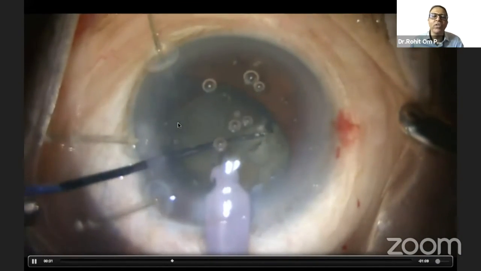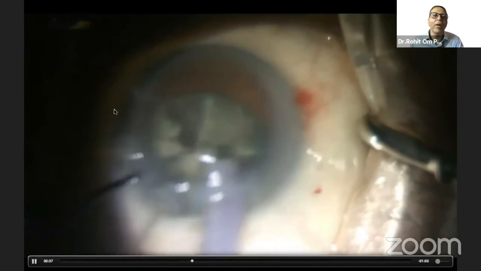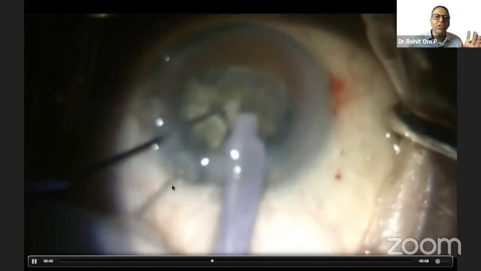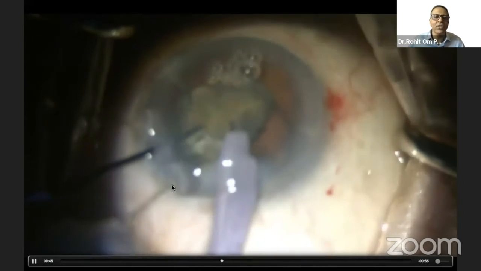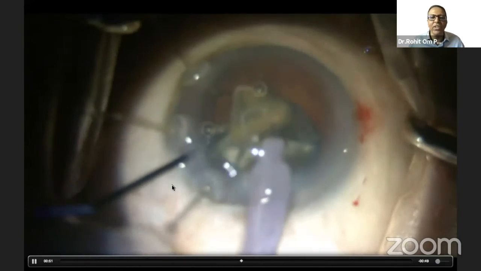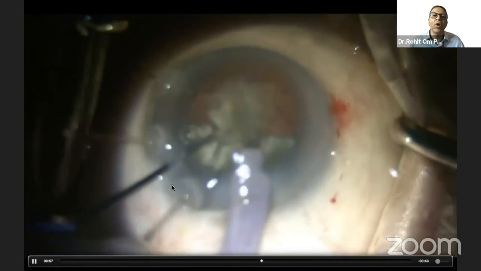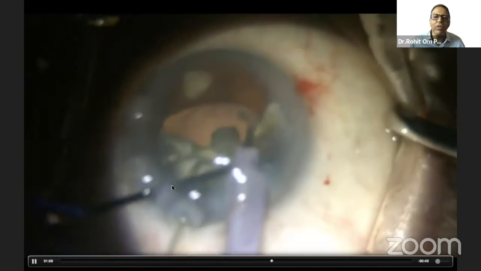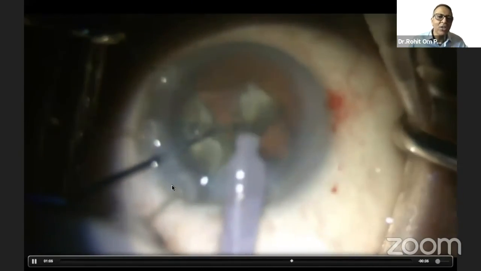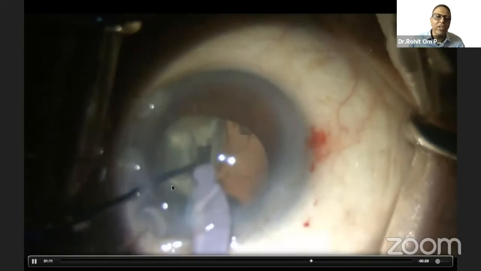So what I'm going to do is use these nuclear pieces to my advantage by repositioning them in the area of zonular weakness. How is this helping me? This is helping me in delaying the insertion of CTR. I remember they say insert CTR as late as possible, but not later than when it should be implanted. So I'm using these hard nuclear fragments to my advantage to provide a three-dimensional support. So in this way, I'm able to continue with the emulsification safely.